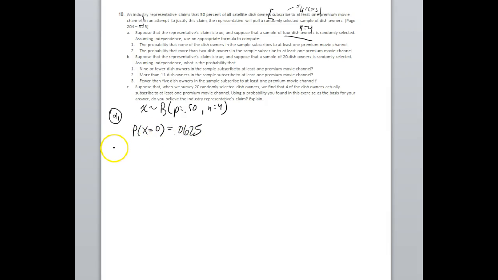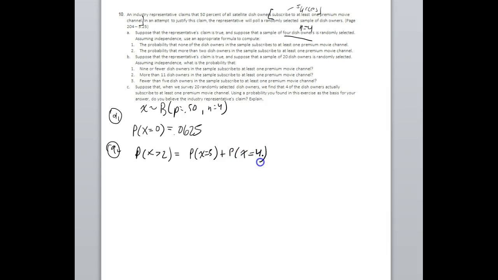Okay, easy enough. A2. Probability that more than 2 dish owners in the sample subscribe to at least one premium movie channel. No, sorry. More than 2. So probability that x is greater than 2, not greater than or equal to. It does say specifically more than. So that's going to be the probability of anything greater than 2 in this sample of 4, so the probability of x equal 3 plus the probability of x